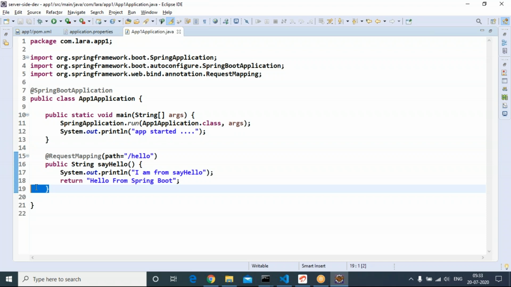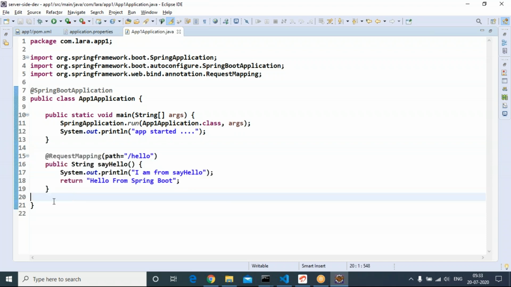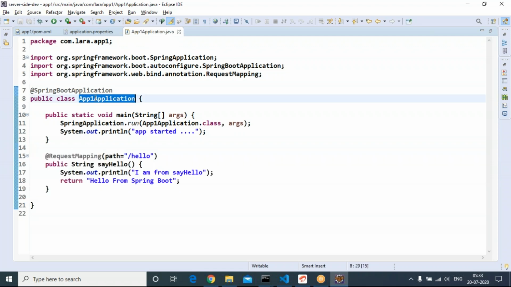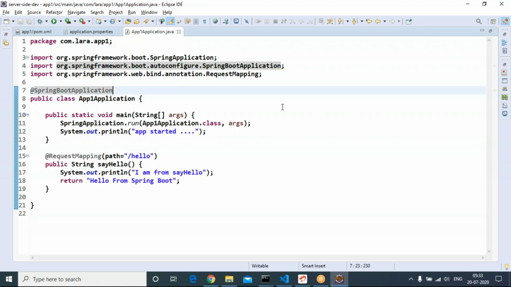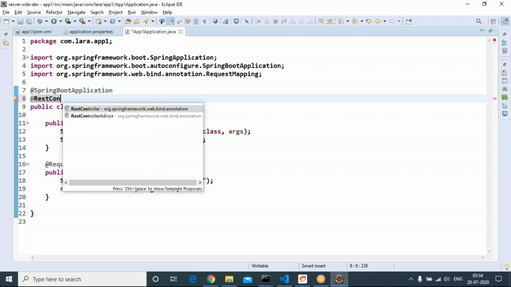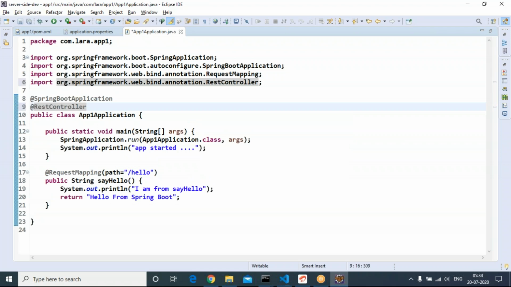Finally, if you are providing REST APIs and want to access them from outside, then the current class should be qualified as a RestController. On top of the class, specify RestController. I'm just pressing Control spacebar. In the RestController only, REST APIs can be developed.